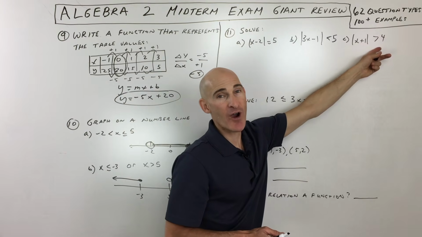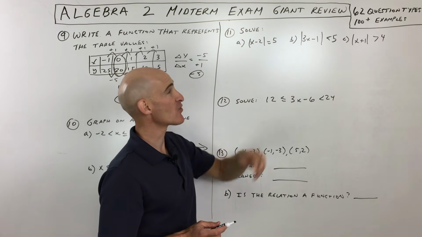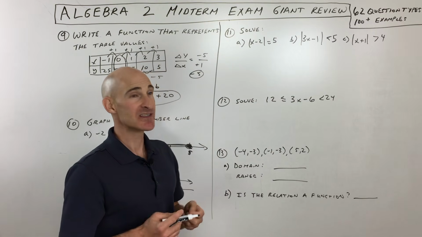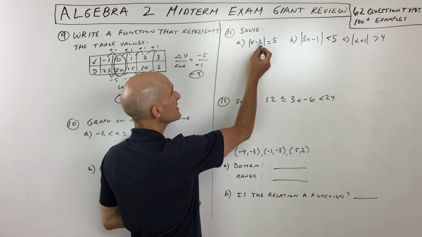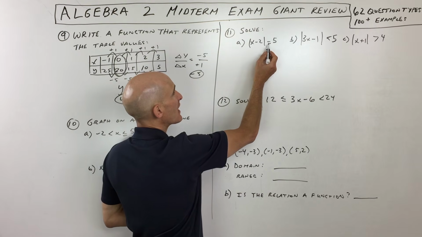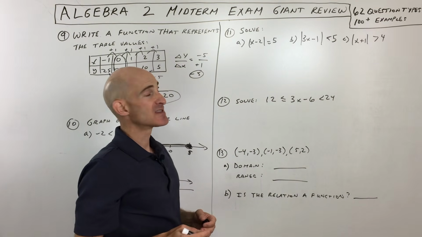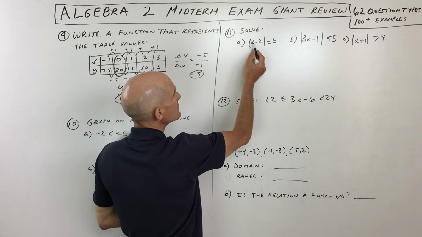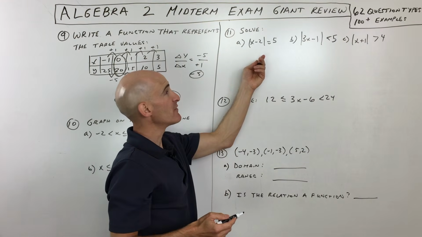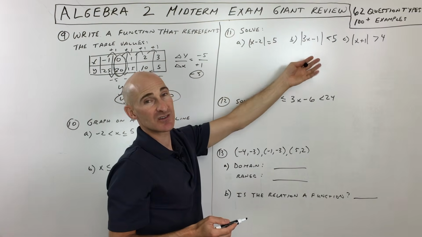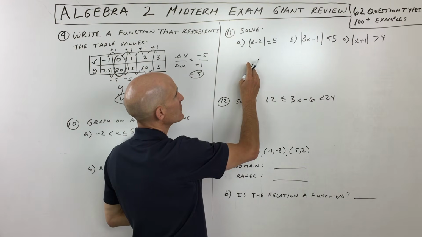These are absolute value problems. A lot of times these stump students, and students get these problems wrong when they take the midterm because they just forget how it works. Let me see if I can explain this to you. The idea here is that we've got an equal, a less than, and a greater than. When it's equal to, what this really means is the distance between some number and 2 is 5 units. It could be 5 units smaller, it could be 5 units greater. It's basically saying the distance is 5 units away.